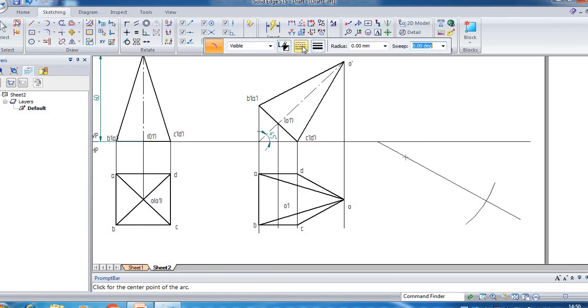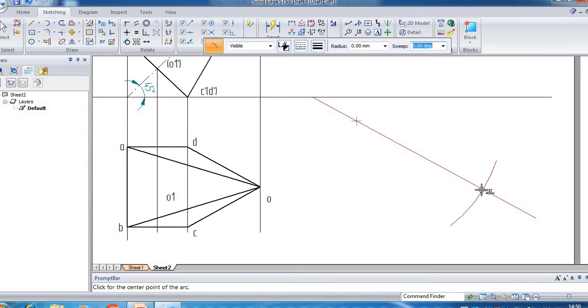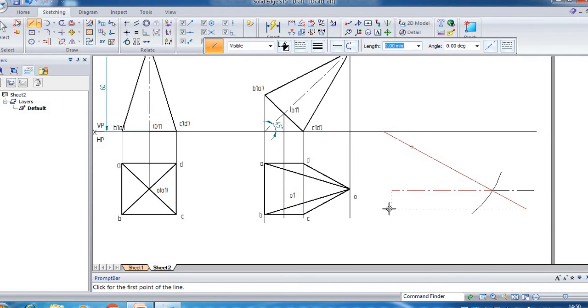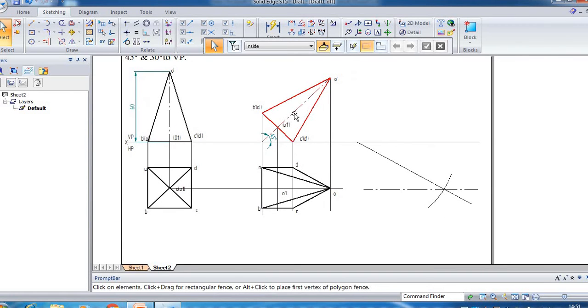After that you need to draw the locus line. Line type should be the X line type. From the intersection of these two, we have to select the line command. This line type. Draw a horizontal reference line. Now you need to find out the reduced axis length. So here if you measure this length, again it is going to be 60 mm. So you can see the reduced axis length is here, O1 to O.